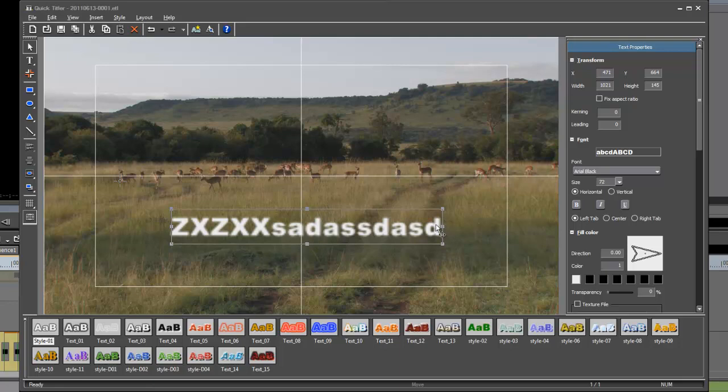And so if you have been avoiding Quicktitler because you've opened it up a few times and it just looks horrible, just rest assured that what you're seeing here by default is just a really bad low-resolution preview of your text. It's not what the final text will look like. If you want to see what the final text will look like, you have to hit the F3 key, and then that gives you a better representation of what the title will look like